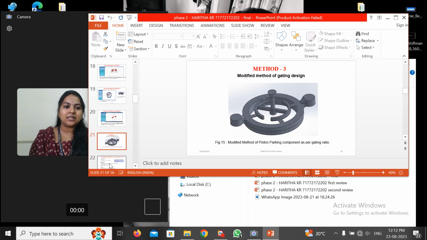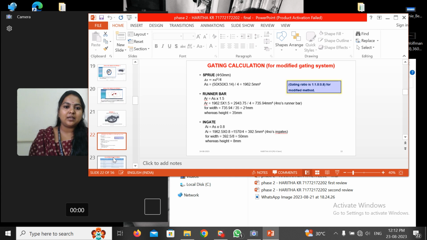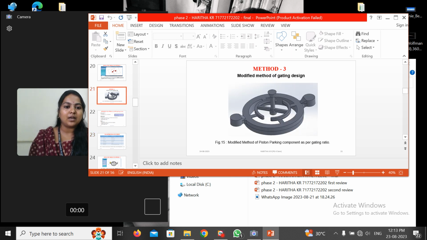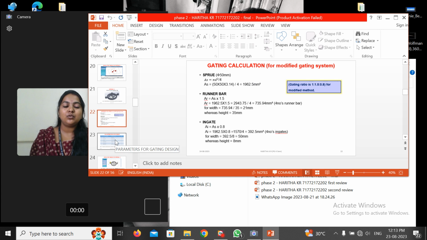And this is method 3. I am modifying the method with the gating design with respect to the gating ratio of 1:1.5:0.8, and this is about the general calculation as previously mentioned. The sprue calculation is about a diameter of 50 and across 275. Here 4 runner bars and 4 in-gates are used, and the center of the sprue is placed at the center. Instead of the top feeder I am using the side feeder for better flexibility to flow of the